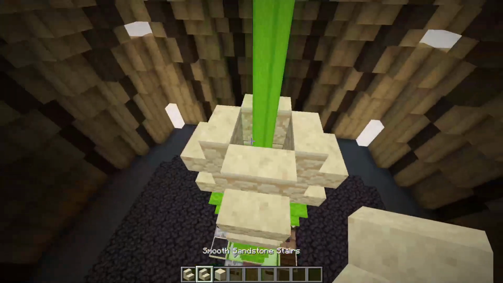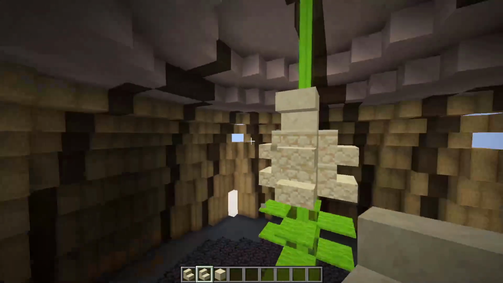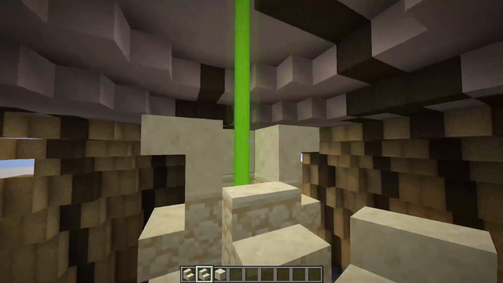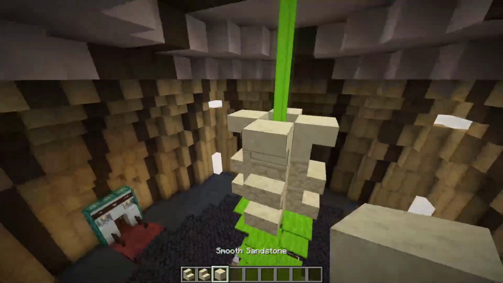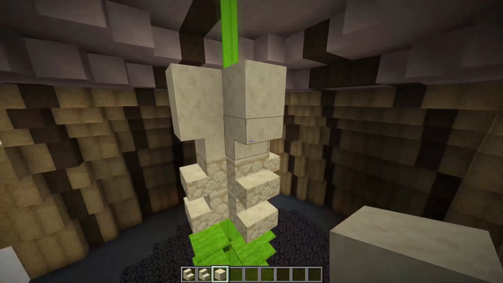Then grab your smooth sandstone stairs, and this can be a little bit fiddly, but you need to place them facing the opposite way on top of all of these. Personally, I find that the best way to do this is to just go all the way around and then just break the corners like that, and you should end up with something that looks like that. Now place a smooth sandstone block on top of all of these stairs, and then we're going to repeat this